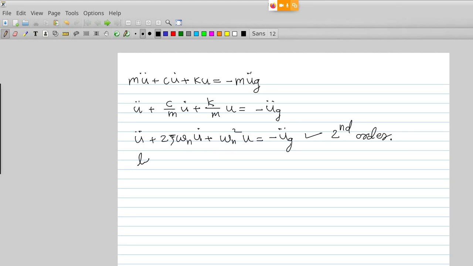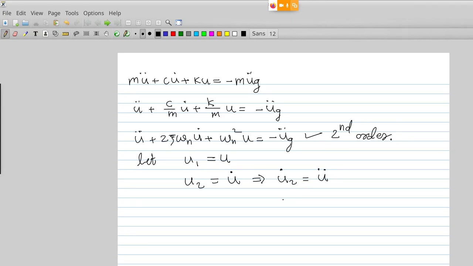So there will be some similarity between the code that we are writing and the expression that I am writing here. Instead of taking u, I will take another variable as u1. So u1 is equal to u. That's just a change of variable. There is no problem with this. It is not changing our equation at all. Instead of calling it u, I am calling it u1. And u2 is equal to u dot. So this implies that u2 dot is equal to u double dot.